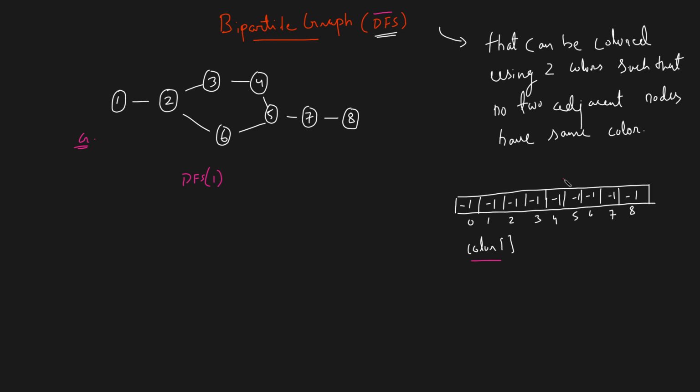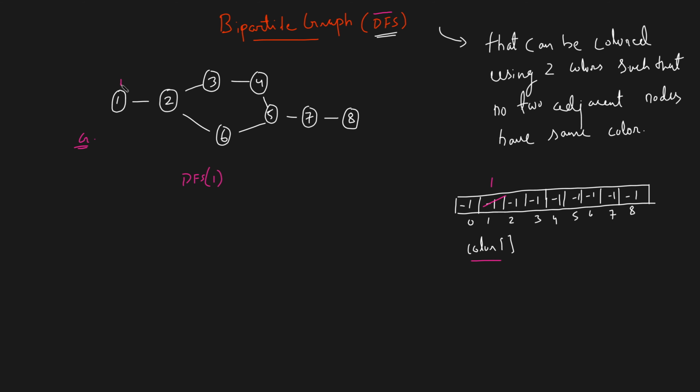So you are starting with a node which is colored with -1. Whenever in your traversal you get a node which is colored with -1, you will color that with 1 or 0, whatever is your choice. So I color that with node 1. Now for 1, I've colored it with the color 1. So 1 now traverses for all its adjacent nodes. Which is the adjacent node that 1 has?